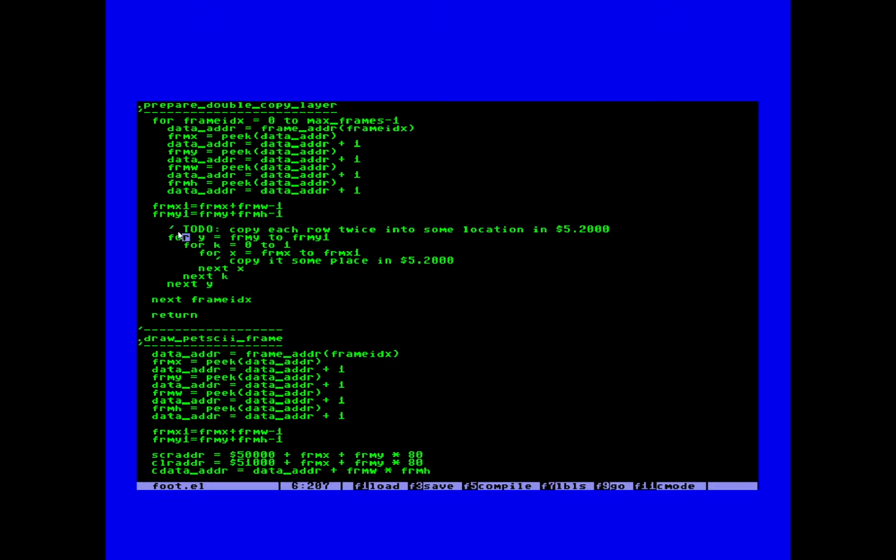easier. Then I'm wanting to iterate over the Y, each row, and then I want to iterate over the X 2 times, hence the k from 0 to 1. And so this copies it to some place in this. Okay, so